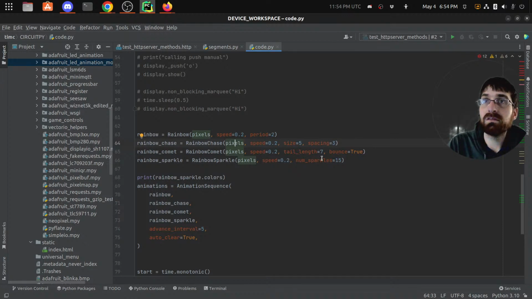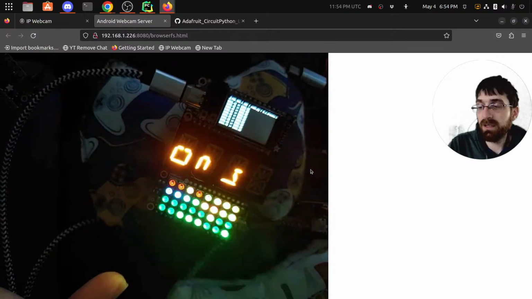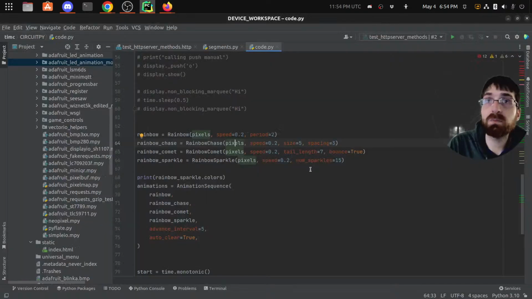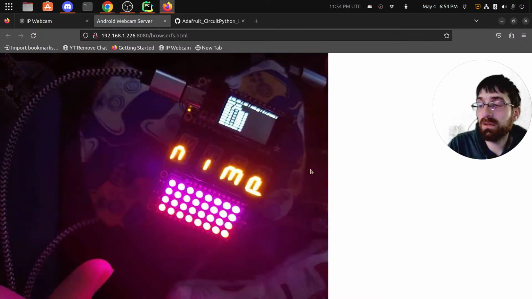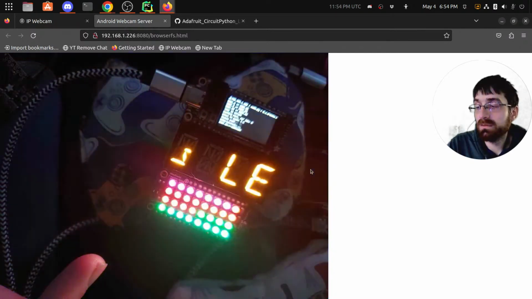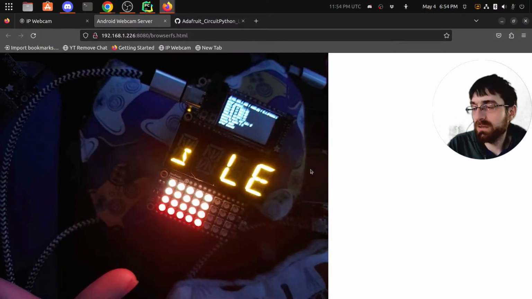Length 7. Maybe it's actually Chase. Let's see, does it come after Rainbow? Yeah, that one's probably Comet, actually. That's definitely Sparkle. Okay, yeah, Chase is the one I'm thinking. I'm pretty sure there's more Rainbow ones. Chase